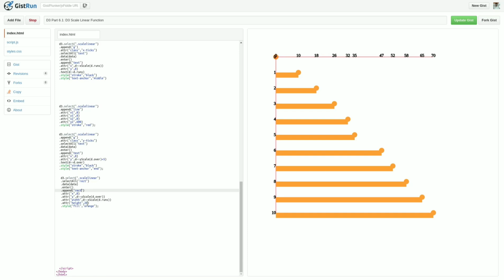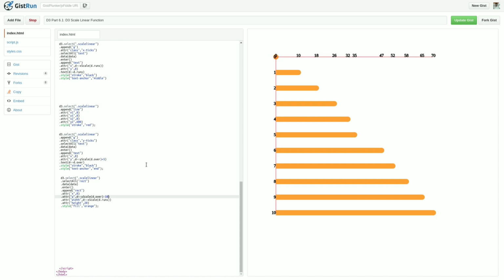Now I just want to reduce this bar y to minus 10 pixels, so we can easily see that your bar is available at proper position. Now you can understand easily that this is the over and this is the run. So as runs increase, your bar width also increased, and you can easily see that at the 10th hour you have the runs 70.